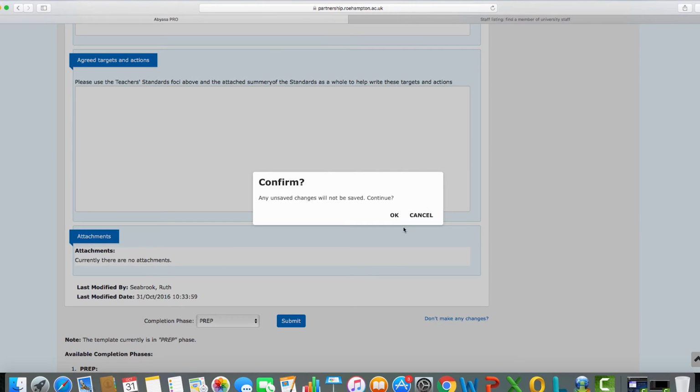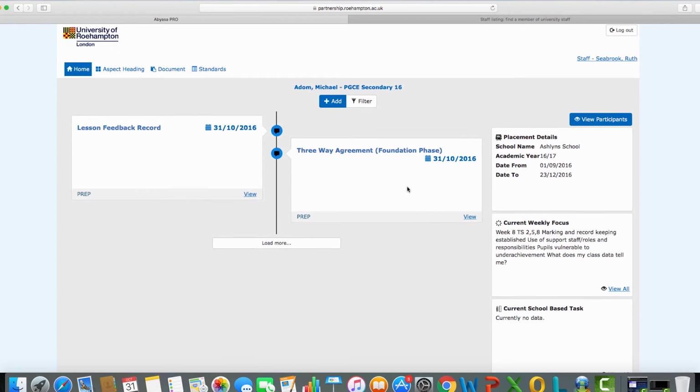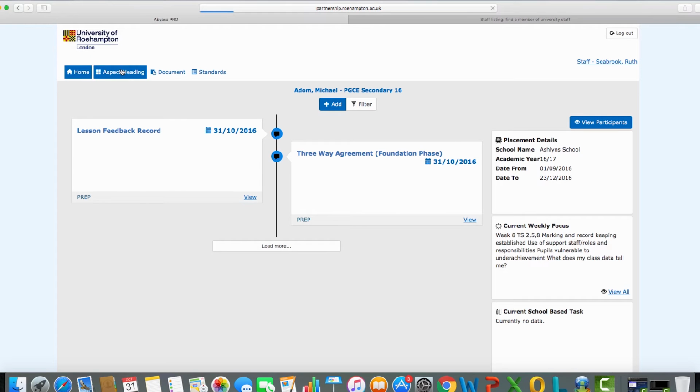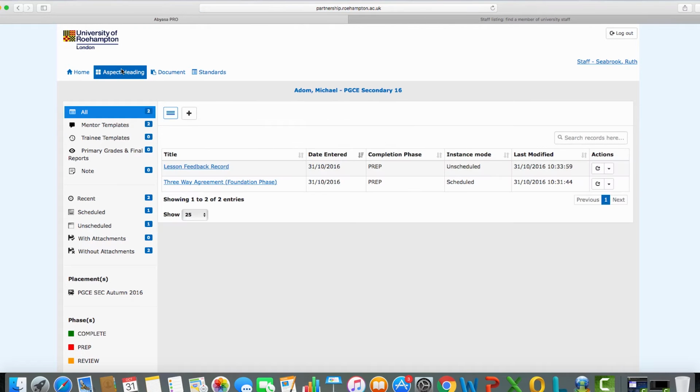Then you can go back out of it and it will take you here. You can see now that the lesson feedback record has been attached. Now, if you did want to attach something to that, if you click on aspect heading, it will take you to a list of the items that have been added to this trainee. What you can do if you want to add something to it is come over here to the actions box,